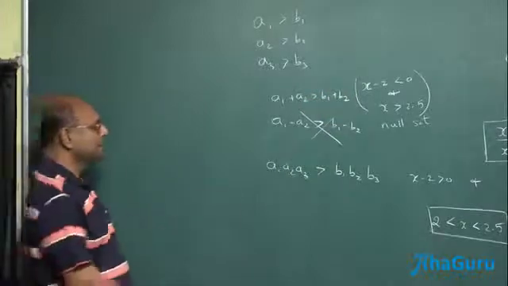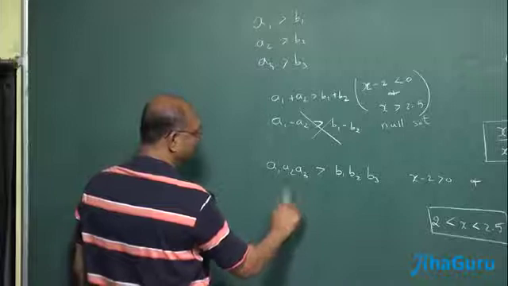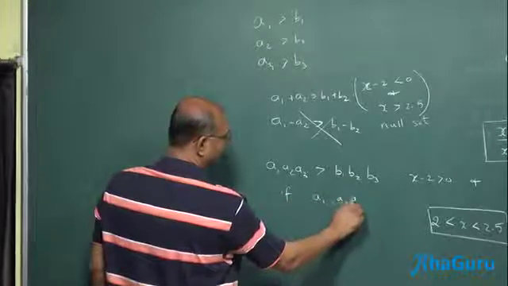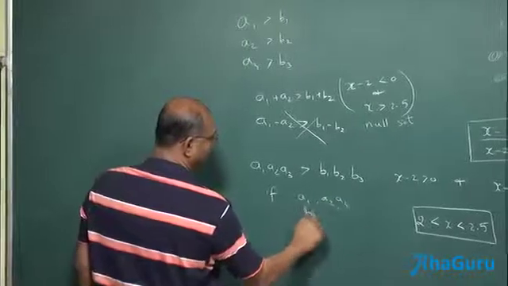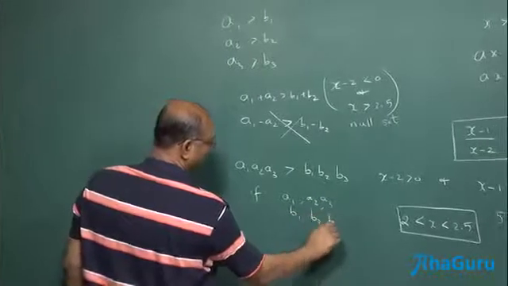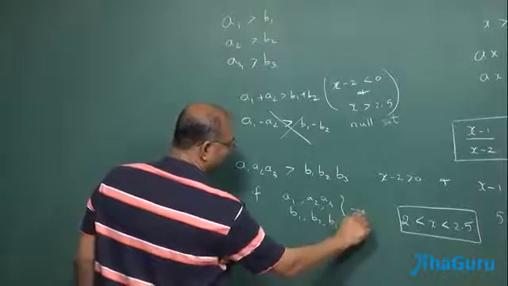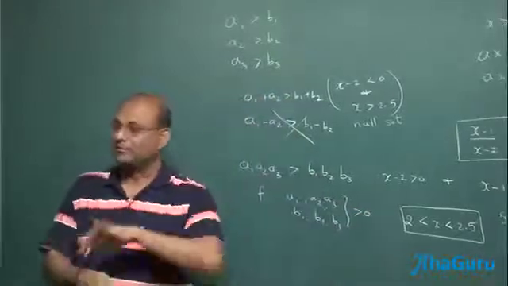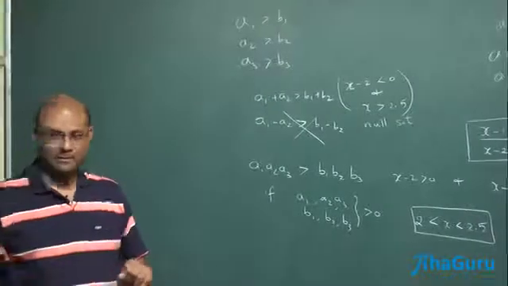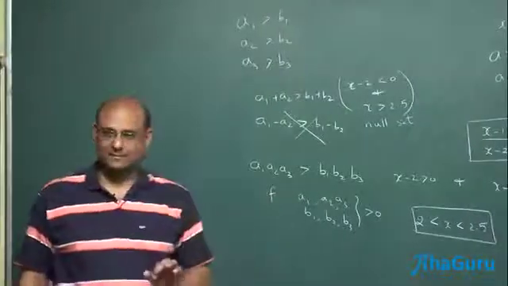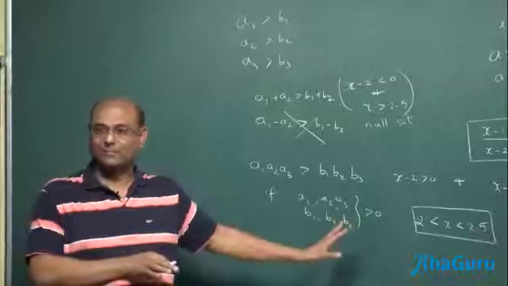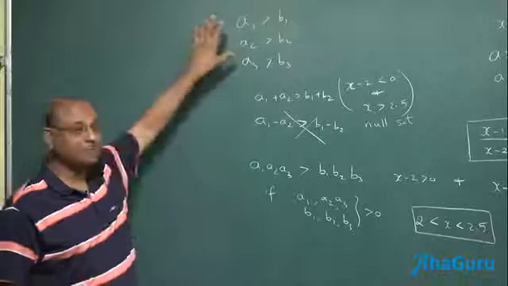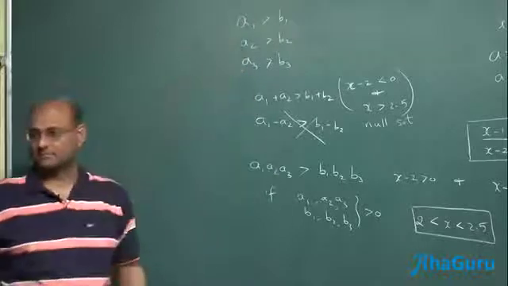So this comes under the condition that A1, A2, A3, B1, B2, B3, etc. are positive. For many inequalities, there is a condition that if they are positive, then you can show this. Because with negative numbers, it becomes a little more messy. It doesn't mean you can't do inequalities with negative numbers. You have to be a bit more careful. So many inequality theorems will work with positive numbers.